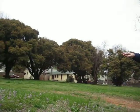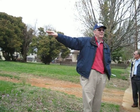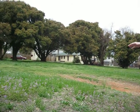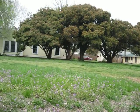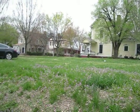Historians is what they are, but they were just thrilled to be able to play some baseball on part of the original property that was part of the baseball diamond. And we did an archaeological study on this lot too. We did ground penetrating radar with the guy from Wake Forest, and he sort of has a surprise sense of humor. I asked him exactly what are we looking for, and he said,